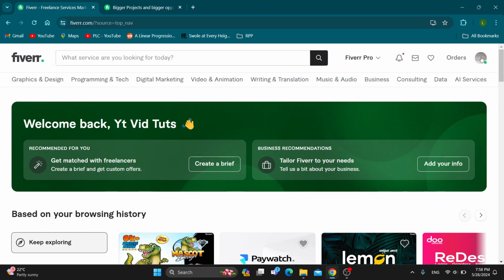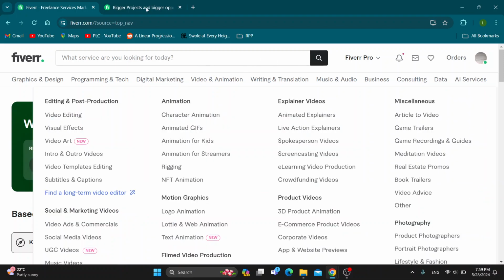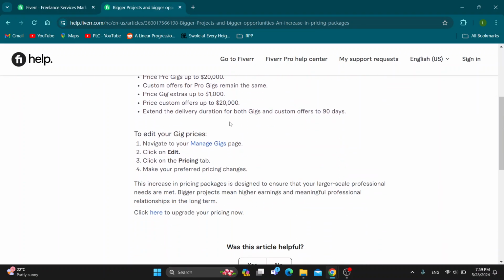Basically what you want to do first is switch to seller mode. So click on become a seller if you haven't already. Switch to seller mode, and now we can open up all of our gigs that we have posted. And guys, as you can see at the official help website of Fiverr, this is how to set our pricing. So basically what we want to do is navigate to the manage gigs